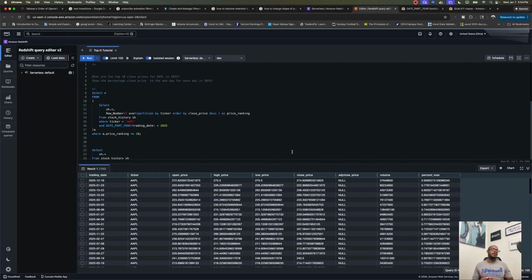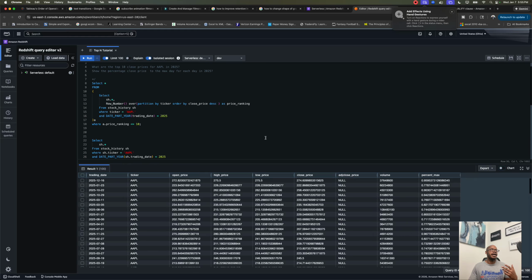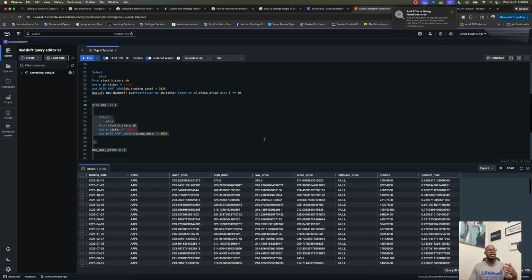But to recap, we went over different ways to do top Ns. My personal favorite is using the qualify keyword. Today we did qualify, we used a CTE to do it, and then third, we also used a row number window function and a subquery. And then for the second question we answered, as far as the max price, we were able to use the CTE, and I was able to show you guys how CTEs are powerful,